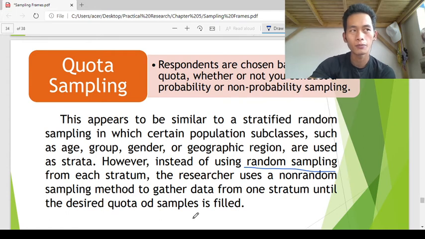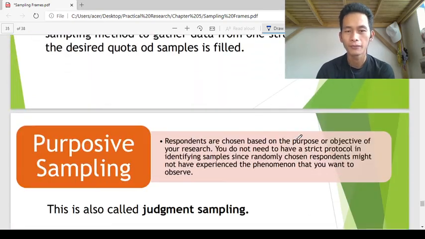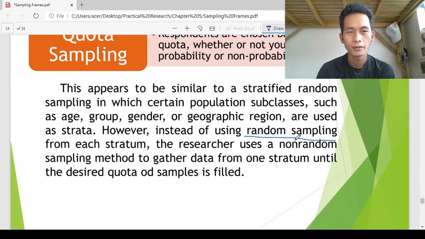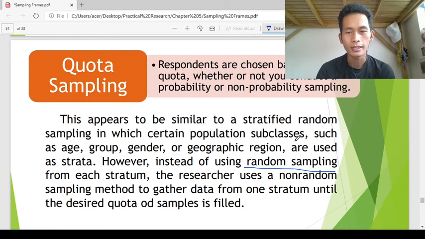Dili ni kailangan i-compute si proportional allocation. Diba? Si quota sampling. Na kay quota, like, the quota is the sample size of 100. Diba? And then, through convenience sampling, ma-meet nimo ang quota, that is already quota sampling. Diba? Quota sampling. Example, in quota sampling,